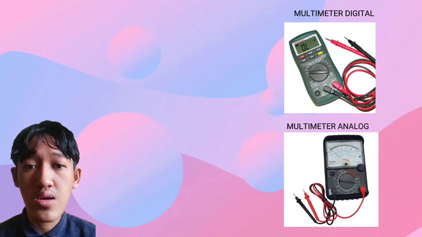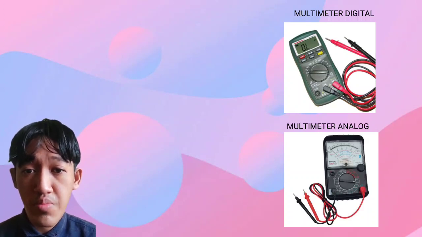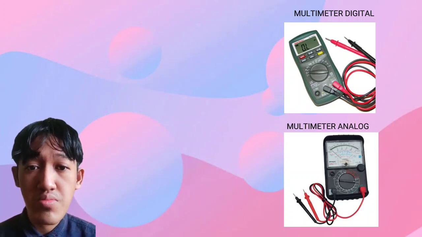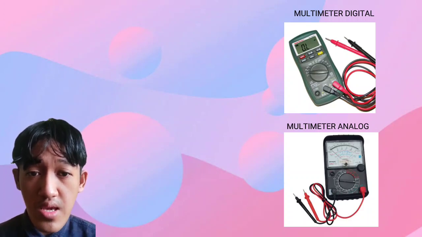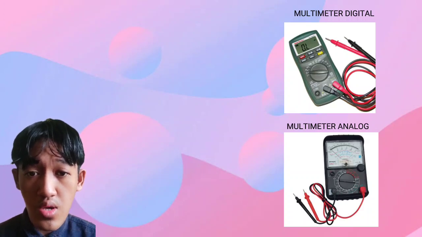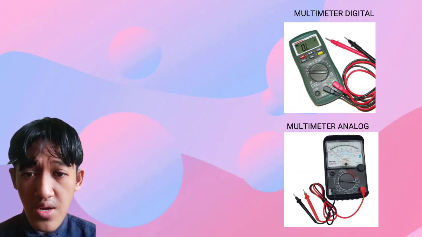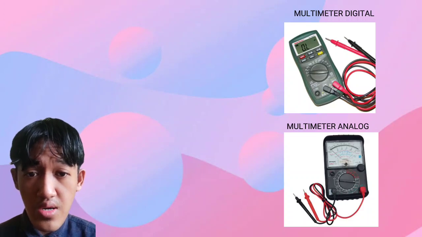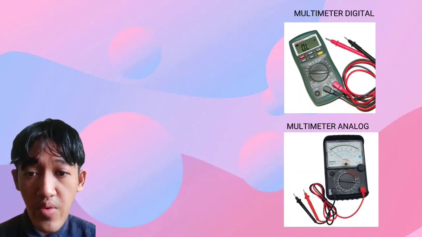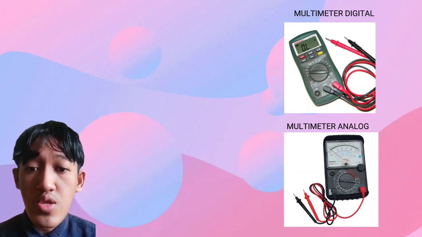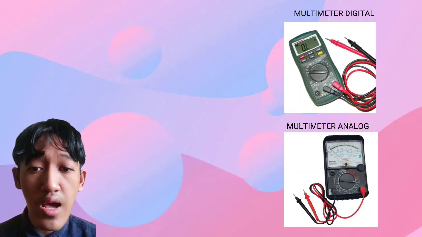An analog multimeter is a type of multimeter that uses a measuring display meter with a pointer. So, to read the measurement results, it must be done by looking at the position of the pointer on the meter and seeing the position of the sector switch at the position of the measuring limit, then doing calculation manually to get the measurement results. The process of reading the measurement result that is still manual is what causes this type of multimeter or multitester to be called an analog multimeter.